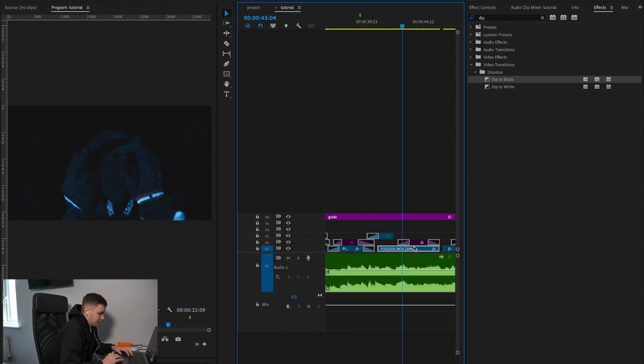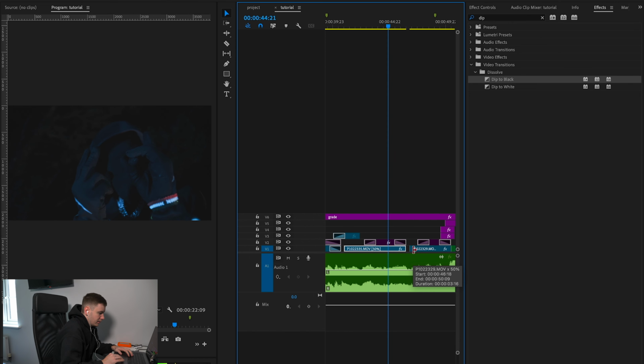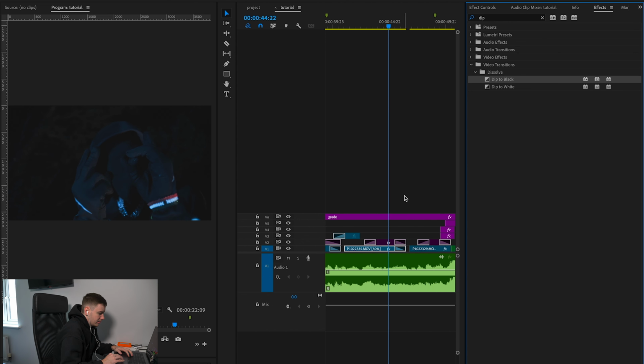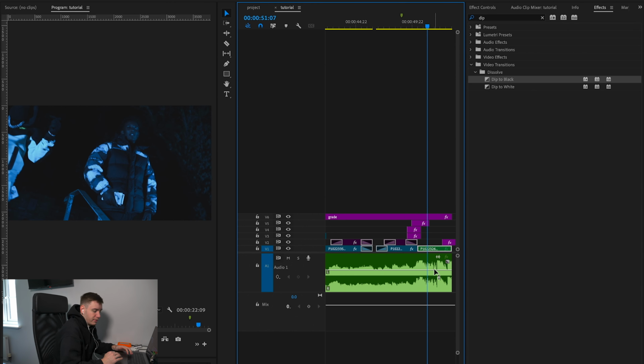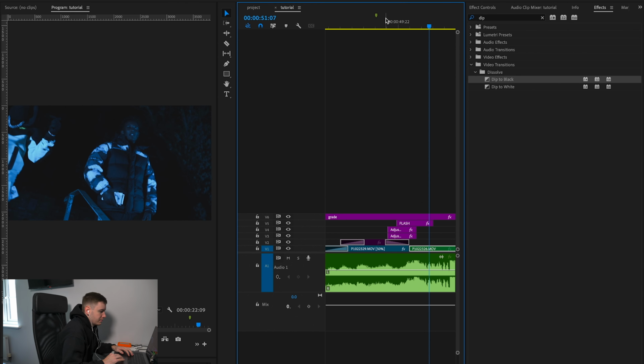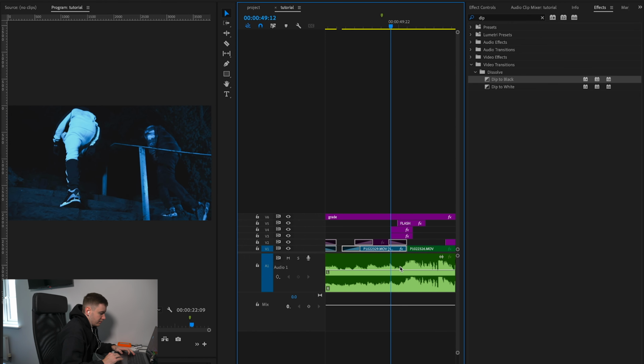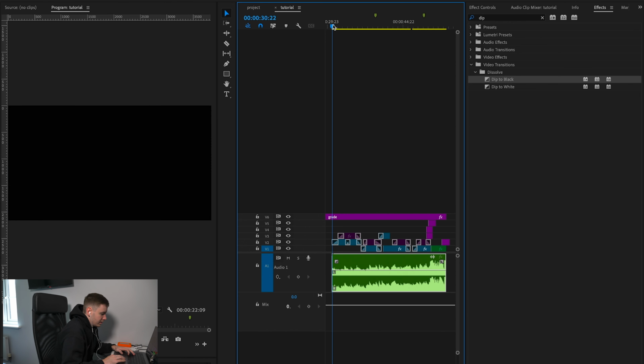And then it goes to this shot of the artist. And again, we're going to add another dip to black at the end, fades out nicely, yet another dip to black on the next clip, and then our song starts, and then we've just got some speed effects and a flash here. But as you can see, now we should have